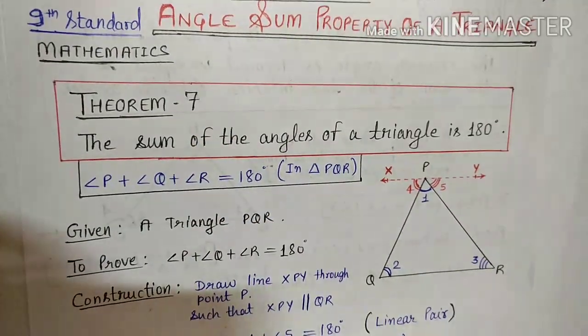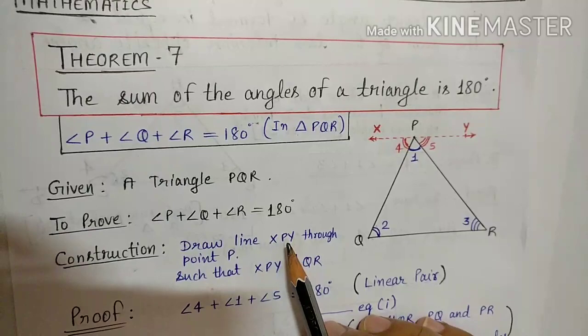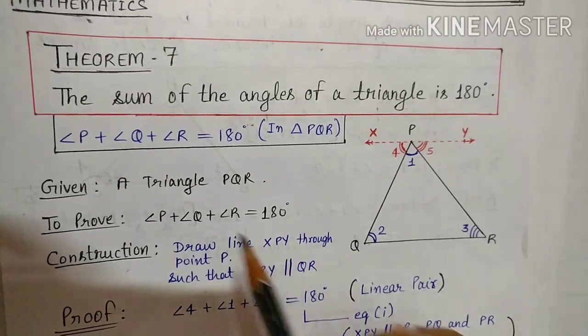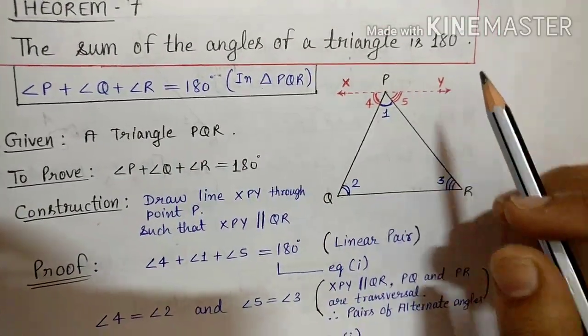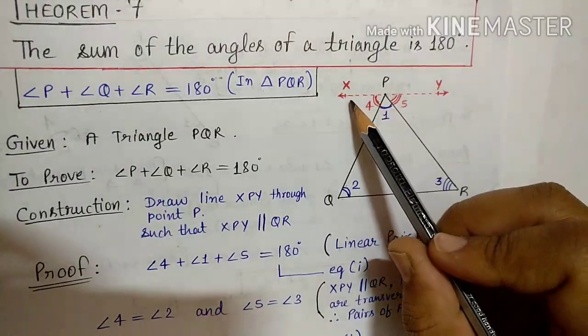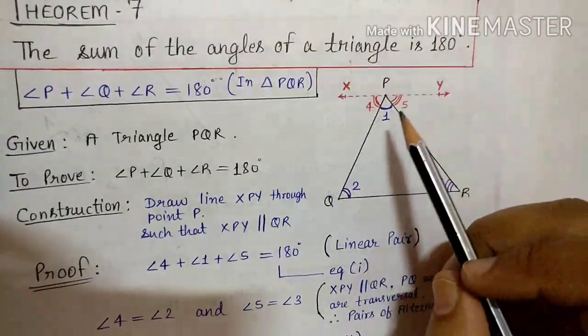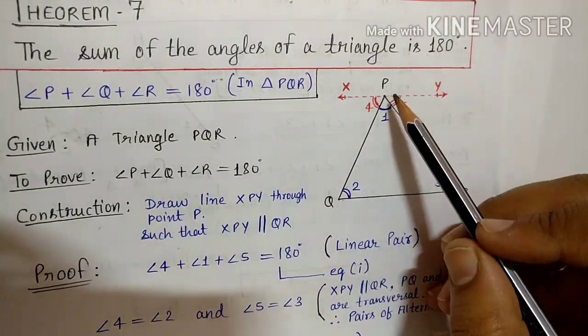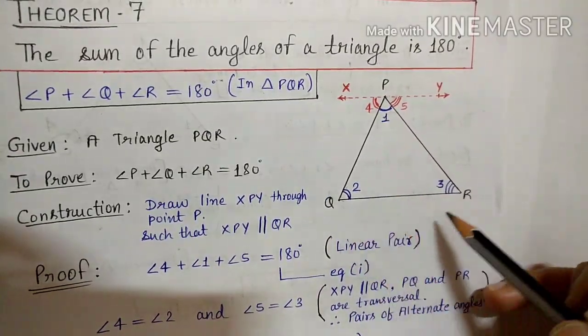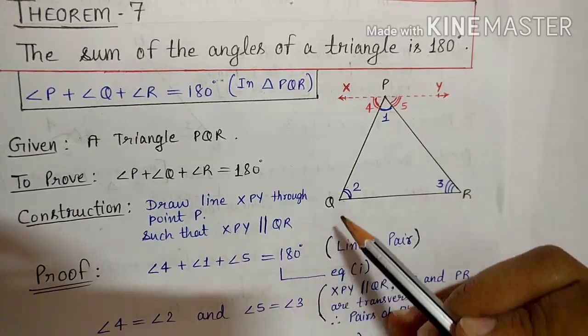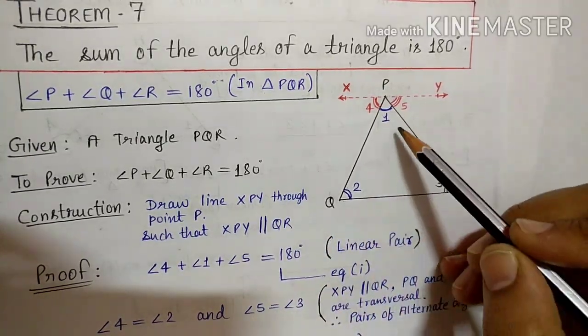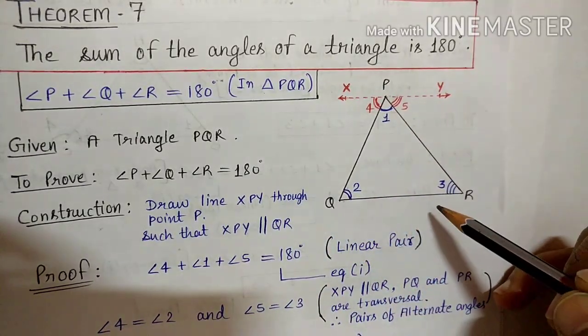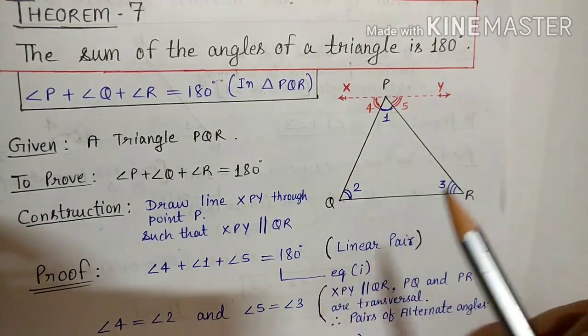So today we will try to prove this theorem also, because a theorem needs what? Proof. So let's prove this theorem. Now we have a triangle PQR. Just don't look at the dotted lines right now. Just think about the black one, PQR. We have a triangle PQR, in which angle 1, angle 2 and angle 3 are given. Now according to the theorem, angle 1 plus angle 2 plus angle 3 should come how much? 180 degrees. So we have to prove this thing.